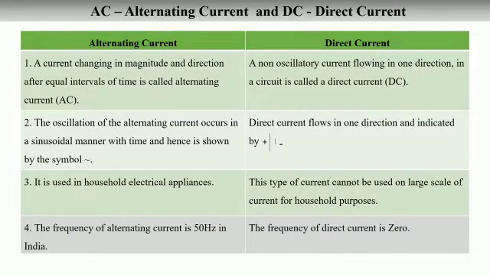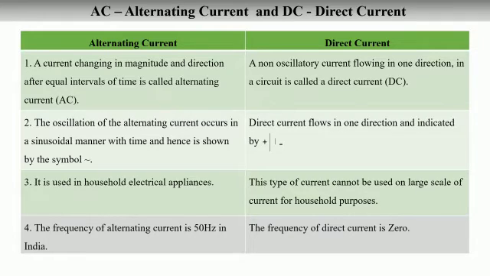Good morning, students. Yesterday we studied Faraday's law of electromagnetic induction. We also studied Fleming's right-hand rule, which will help us to determine the direction of the induced current. Before we start with an alternating current generator or electric generator, let us first try to understand the differences between an alternating current and direct current.